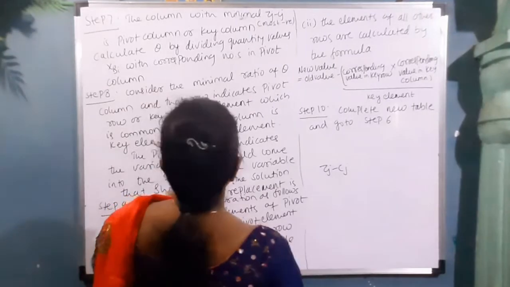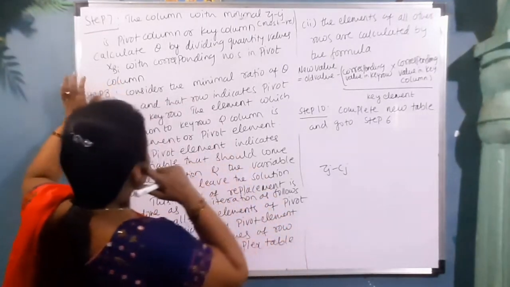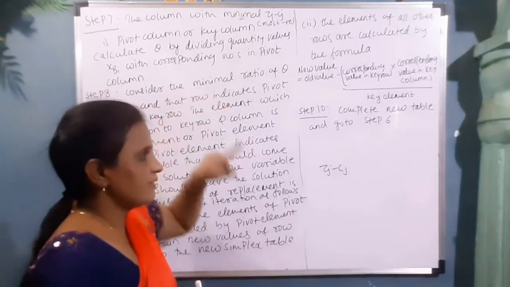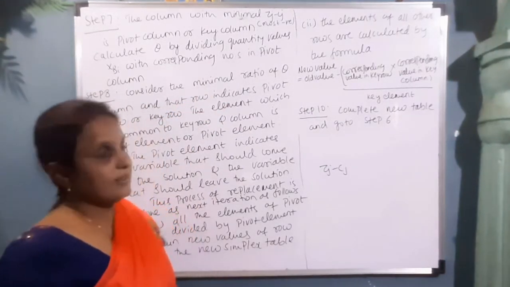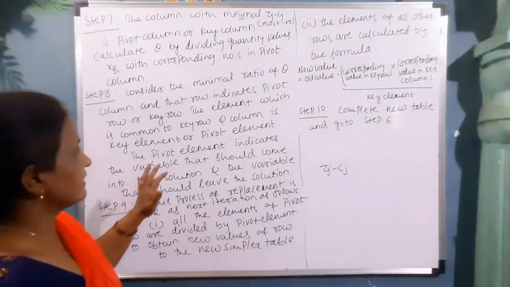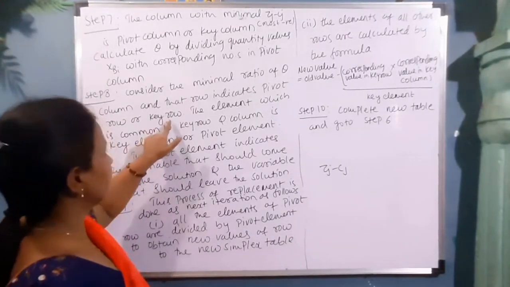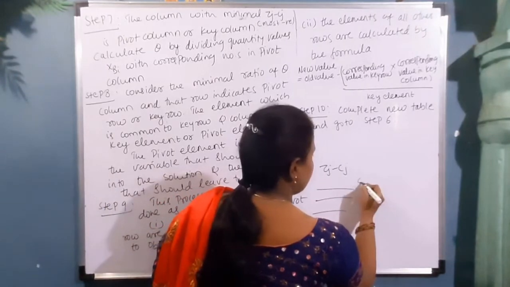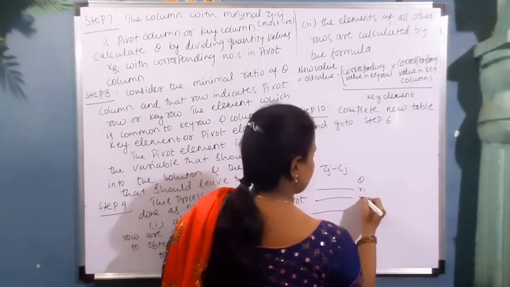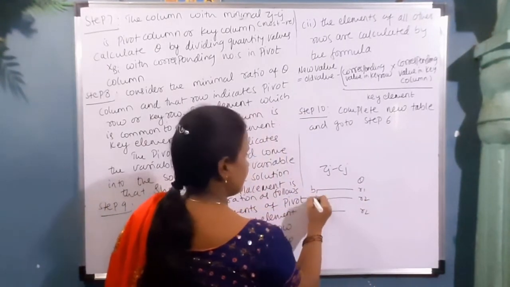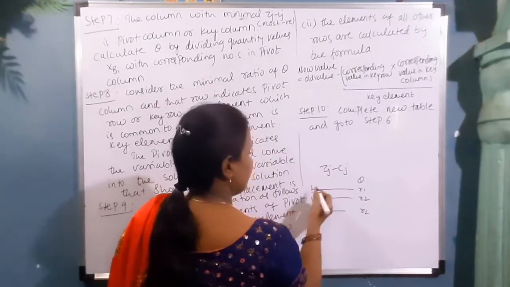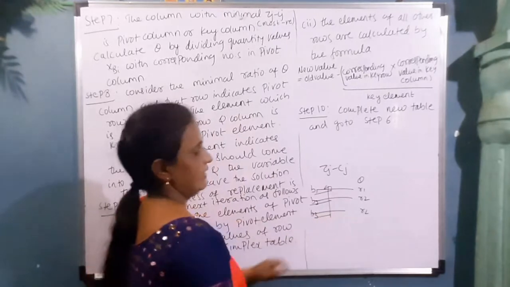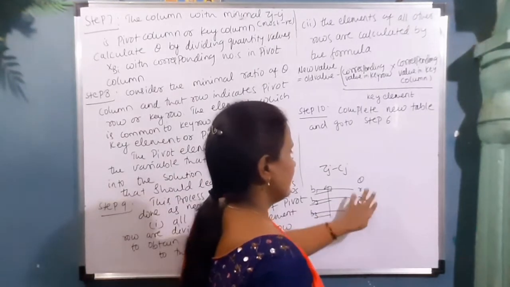By getting this ratio, we will take the minimum ratio. When we take the minimum ratio, that row is considered the key row. Here, suppose we are having 3 rows, then we will get 3 ratios, because we are having say B1, B2, B3, and each one will be divided by the corresponding column values of this. So we get 3 ratios.